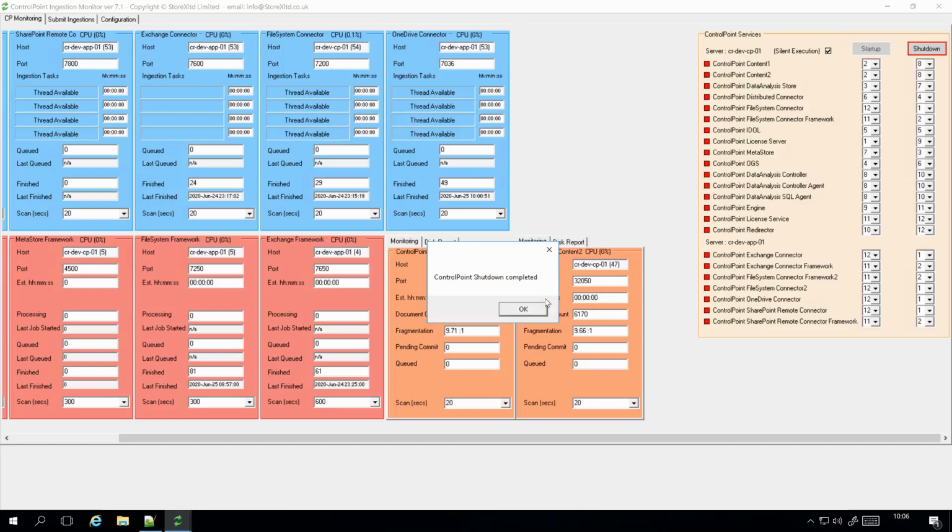Right, so the final process has been shut down. We've got a message that says Control Point shutdown complete. Okay, all red. You notice the buttons are now switched. We can't perform a shutdown operation. So I'm now going to start the system up, hit the startup button, and then we should see the status